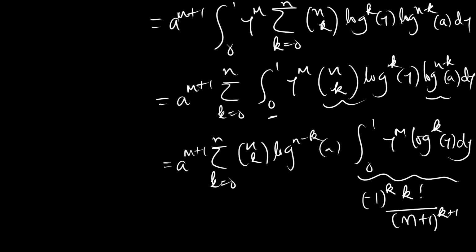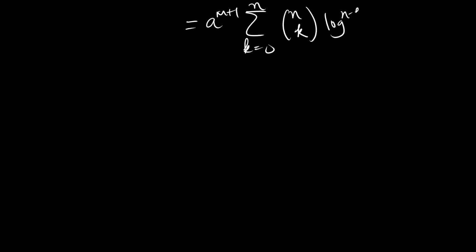Okay, so with that in mind, our problem becomes a to the power m plus 1, summation from k equals 0 to n of n choose k, log to the n minus k of a, times negative 1 to the k, k factorial over m plus 1 to the power k plus 1,